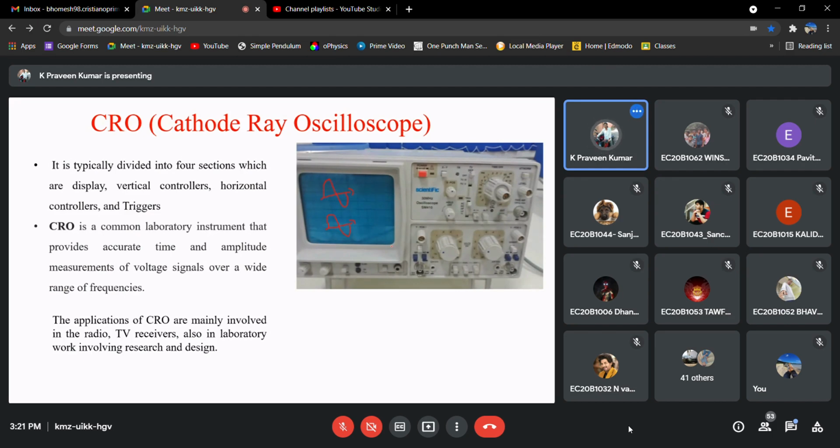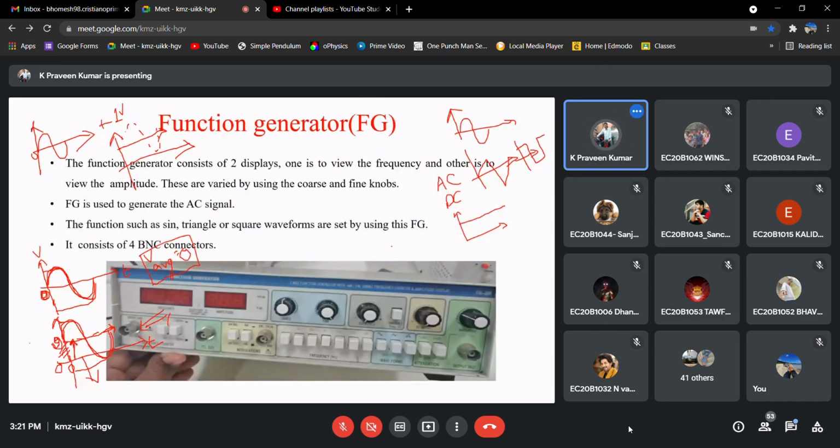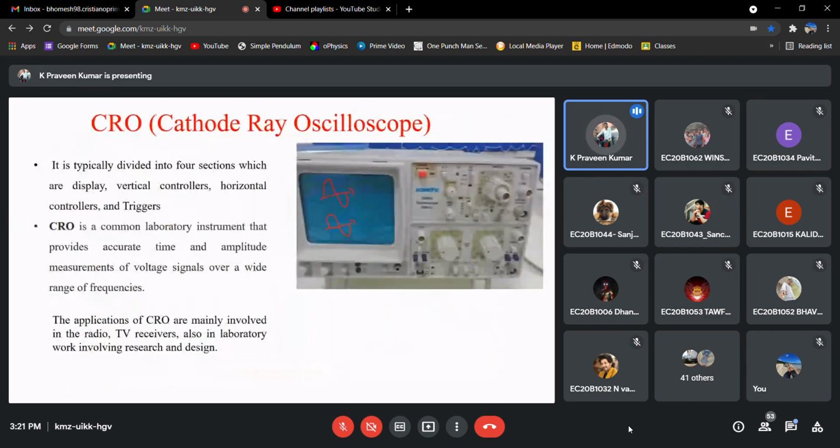Whereas the DC offset that we have seen in the function generator is used while generating the signal itself, when we want the DC component in it. Both are different. Right? In the signal itself, if you want the DC component, we have to vary this knob. So instead of having the signal on 0, the DC component will be there in the signal itself. But here this is not the case. Here we are using this shift to see the signals properly on the screen. Right? I hope you got it.